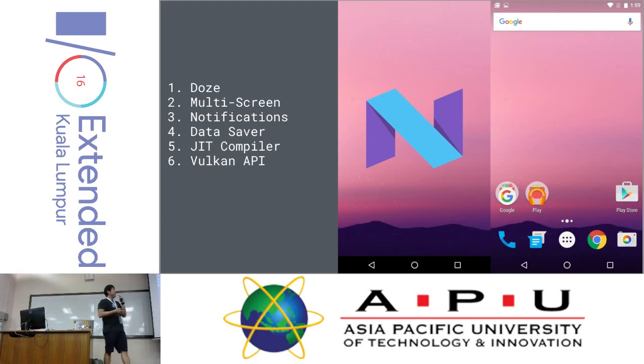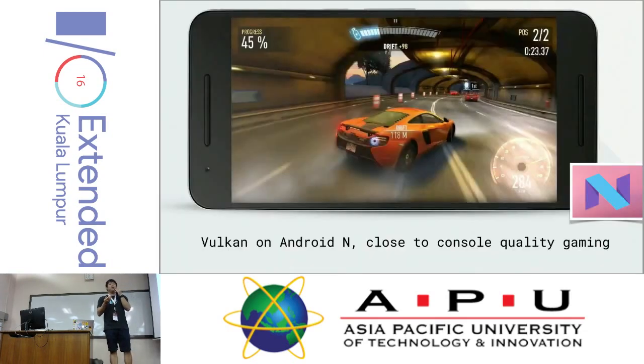So Vulkan API is the next big thing on the Android end. It's basically a programming layer, very similar to OpenGL and Direct3D, you guys might have heard about it. What it does is allow you to really render things and run things off the GPU on the mobile phone. And this is really awesome because you can get close to console quality gaming with Vulkan. I won't say it's easy, it has a steep learning curve, but if you're into game programming, do check this out. And it's available now on Android N.